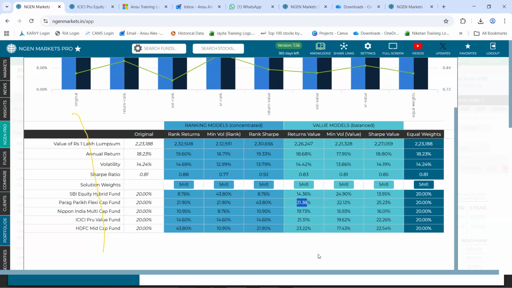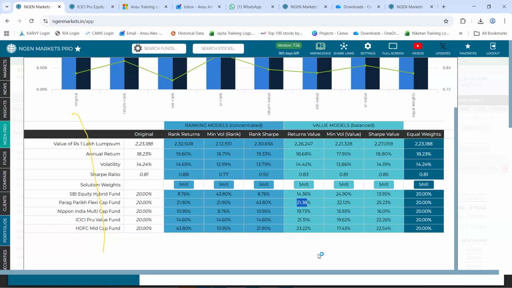So here you can see the weights in order from the top are 23.2, then 21.3, and then 21.31. So it's because the actual return of these three funds are quite similar. So the HDFC Midcap return is only slightly higher than the Parag Parikh return over this period. And then ICICI Pru is very closely behind that.